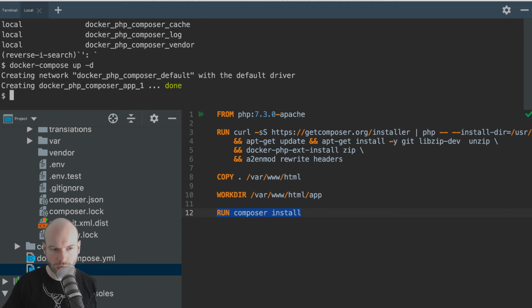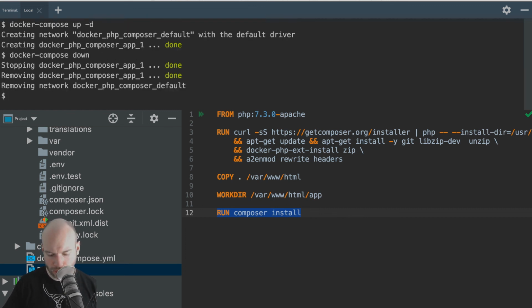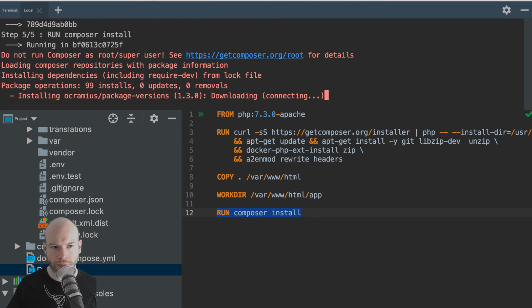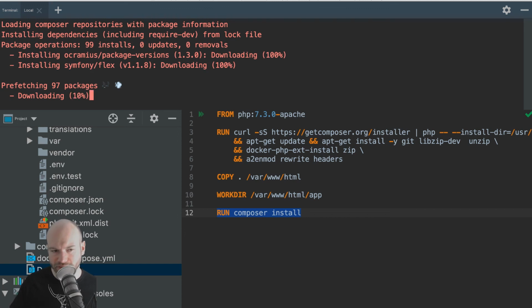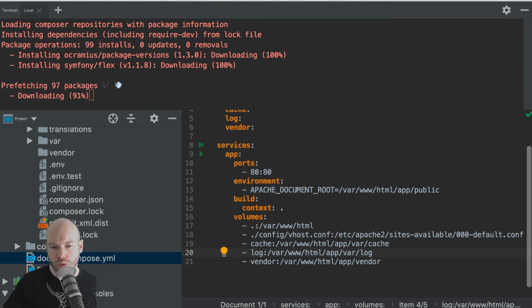And I can also do a down. And I can do a build. Now, why is it installing this again? This is the caveat. Why is it doing this again? Well, it's doing it again because in the Docker compose file, we're putting everything in the bind mount.